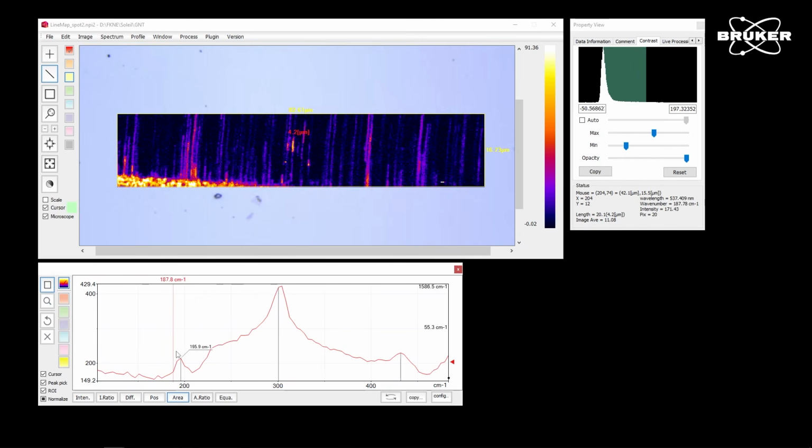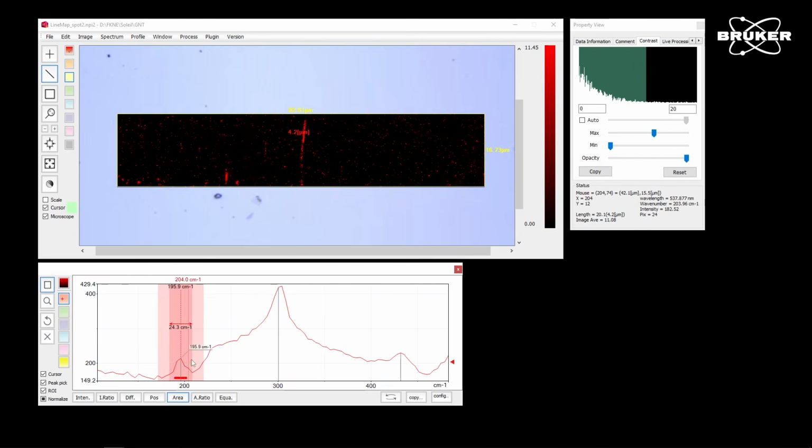Having this tube selected, we already see one of those breathing modes around 195 wave numbers. If we integrate now over this peak, we see that we highlight one, or let's say two, of these nanotubes.